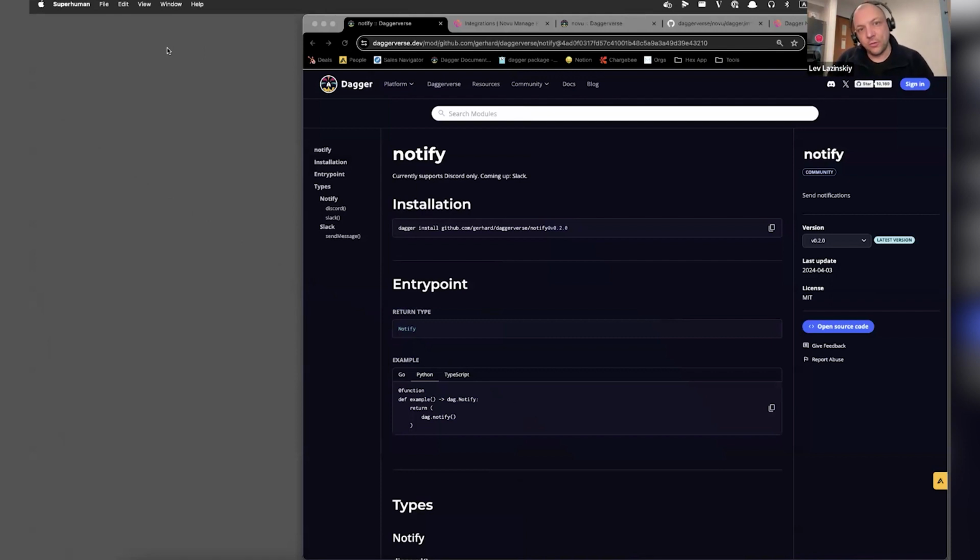A couple of weeks ago, one of my colleagues, Gerhard, did this amazing demo at a community call with this Notify module that allows you to send notifications to Discord and now Slack as a part of your Dagger pipeline. And it's awesome. It's a really great module. We actually have a lot of people using this now in production environments, which is incredible. I was really motivated by this because